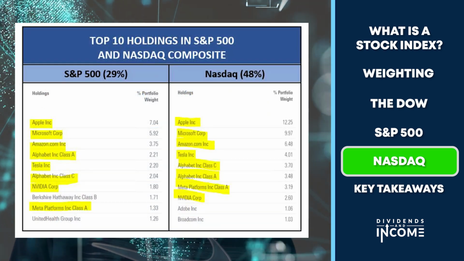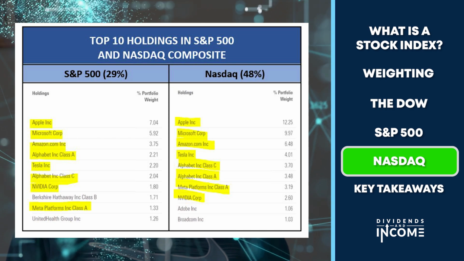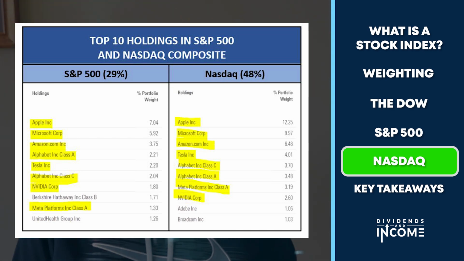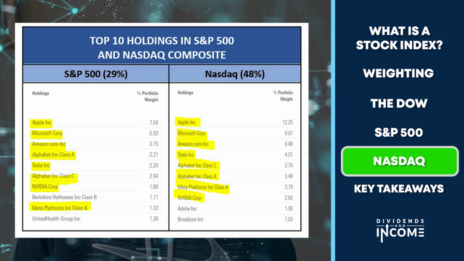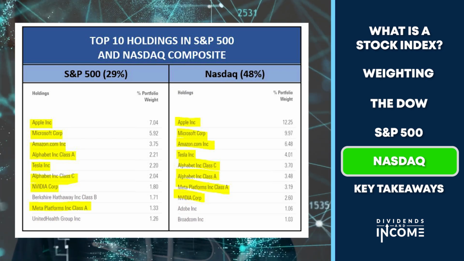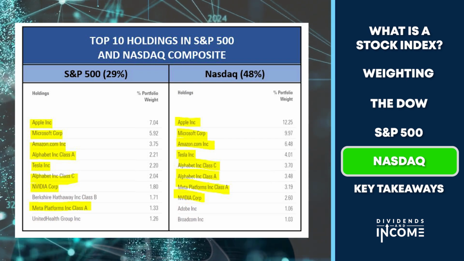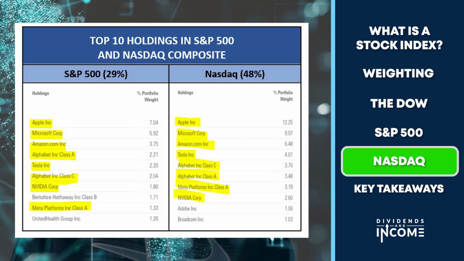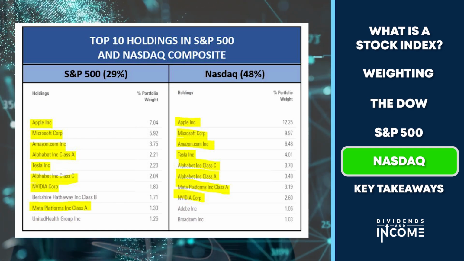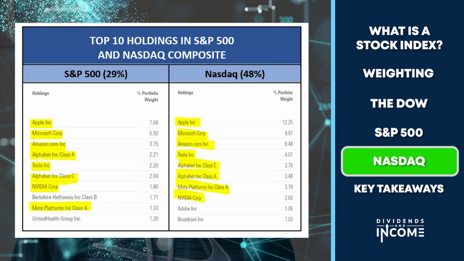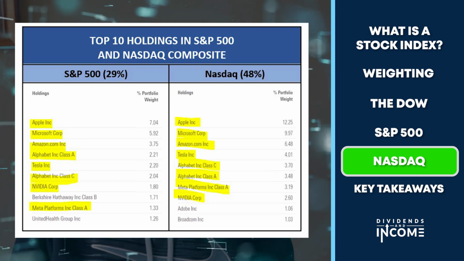In this display, I want to show you a comparison that many people are probably interested in. This compares the top 10 holdings in the S&P 500 on the left and the NASDAQ composite, the full NASDAQ, on the right. The reason I'm showing it to you is the yellow highlights. Of the top 10 companies in each index, 8 of them are the same company. They're not all weighted the same. They don't all occupy the same exact place in the top 10, but they are all there.